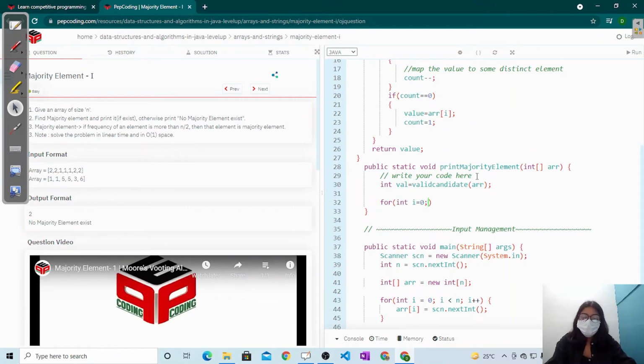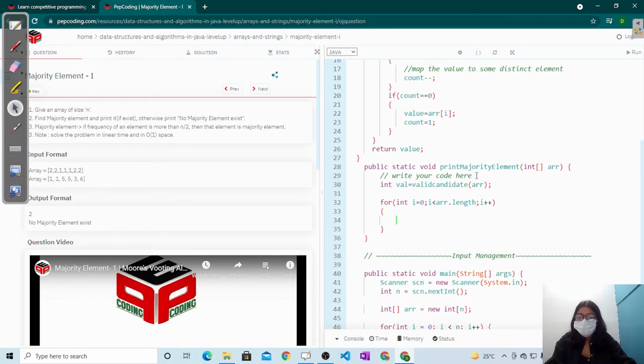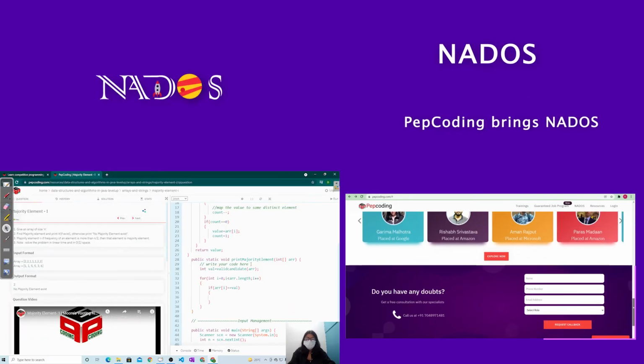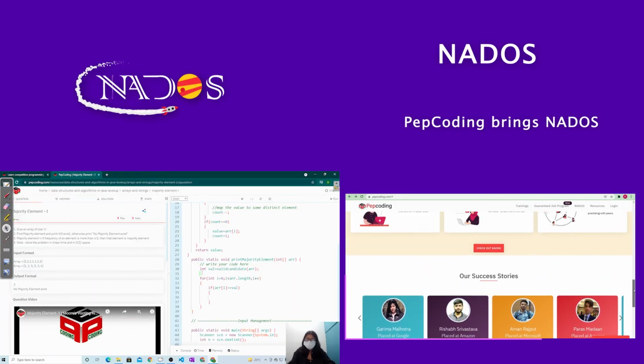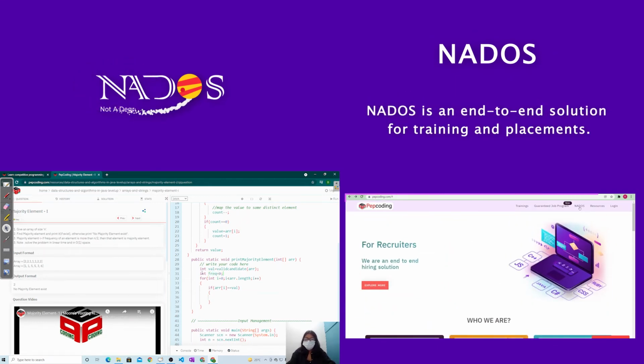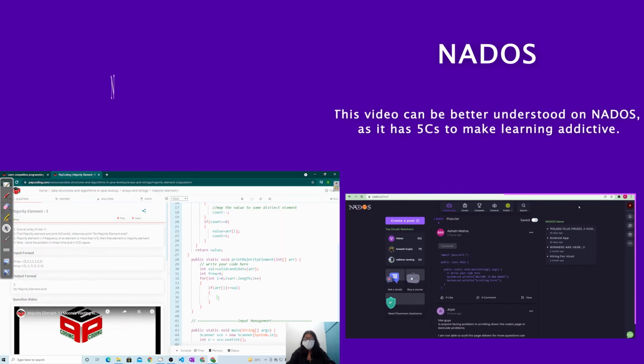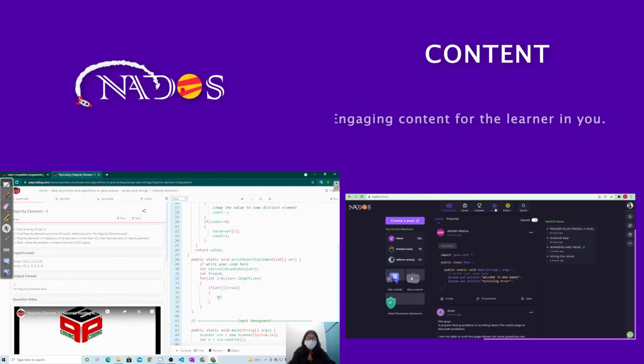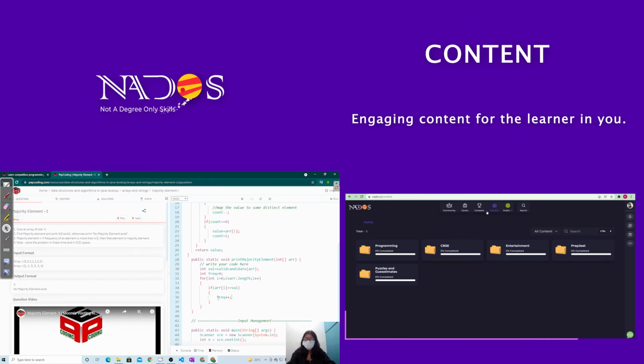For int I is equal to 0, I less than n, which is ARR dot length, I plus plus, and check if ARR of I is equal to val. Let's make a frequency variable, int freq, which is initially equal to 0. So if ARR of I becomes equal to value, I'm going to increase the frequency variable, frequency plus plus.